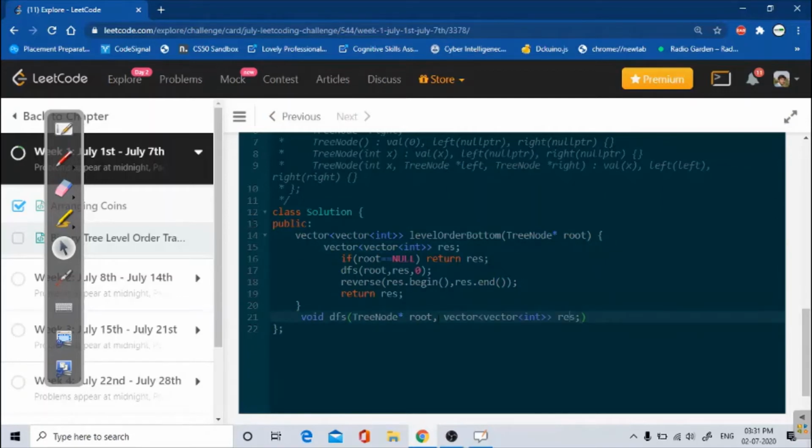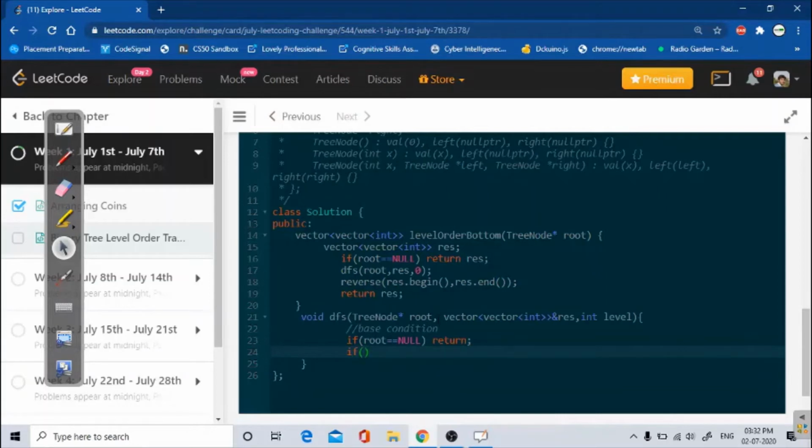We'll use a reference of it and maintain level. Currently I am at level 0. Because we are going to use recursion here, we have to first write the base condition. So what will be our base condition? If root is equal to null, return.